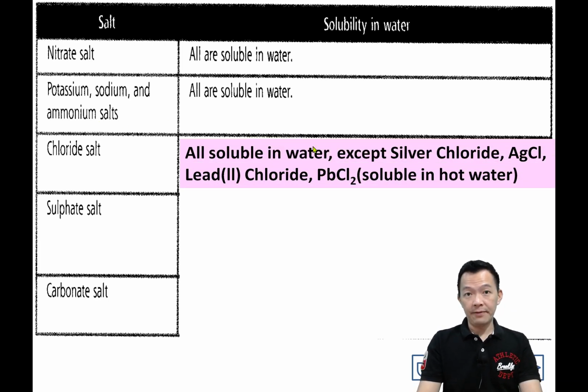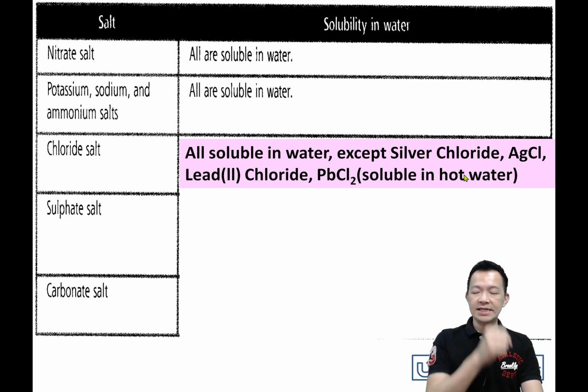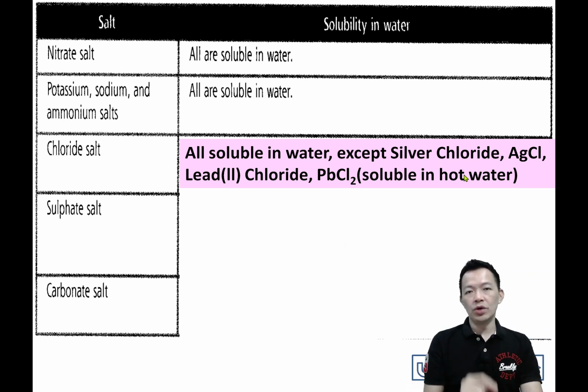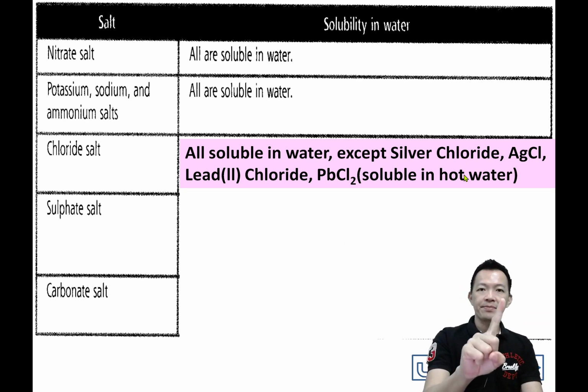So chloride salt all soluble in water except silver chloride 要背 okay 一种白色的粉 and lead chloride okay 也要背 and lead chloride actually soluble in hot water 啦 lead chloride 它能溶解在热水里面。这个其实也有一点点要背啦 OK Remember 就直接背了啦不要等啊因为我要用了 OK All chloride soluble in water except silver chloride, lead chloride 这两种 OK 再来 Sulfate